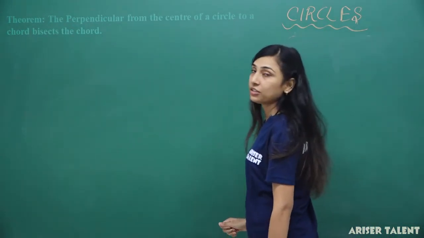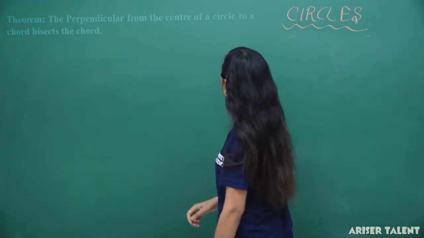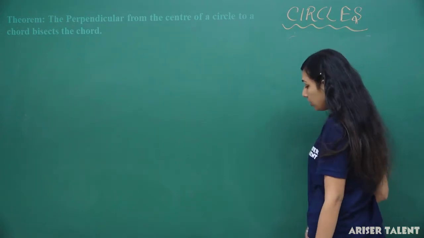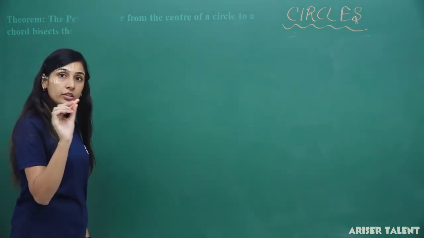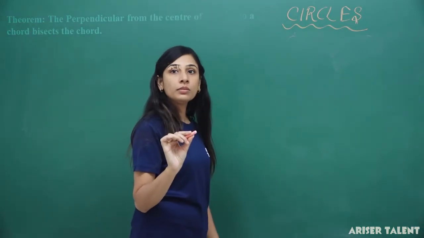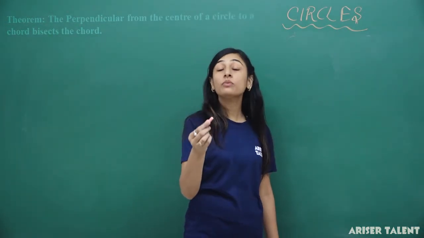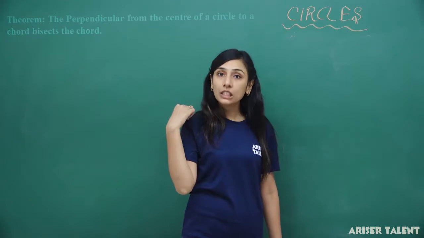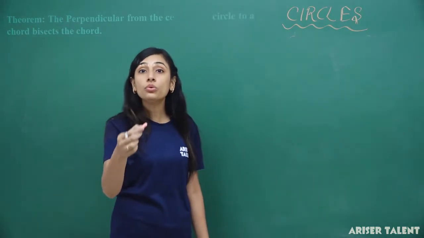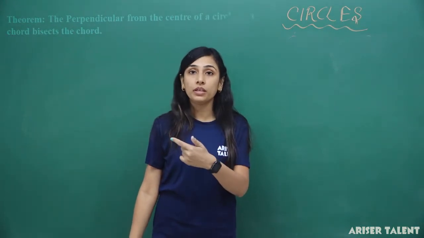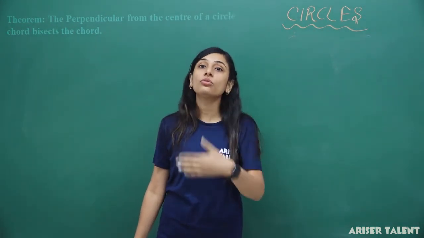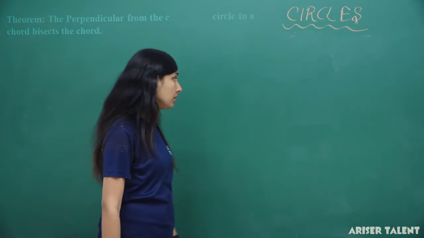This theorem: the perpendicular from the center of the circle to a chord bisects the chord. What is this theorem saying? You are supposed to learn these theorems and the results, and the converse also. Why? Because you are going to use these properties in your questions to solve them. Like,